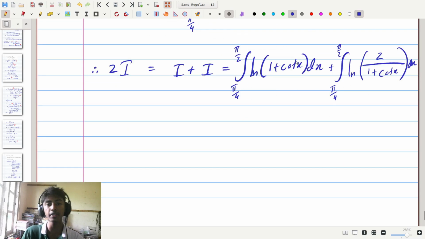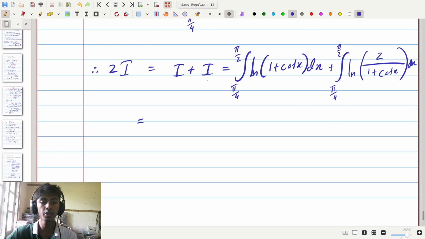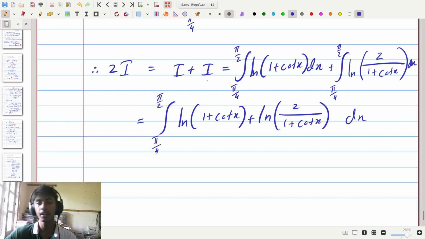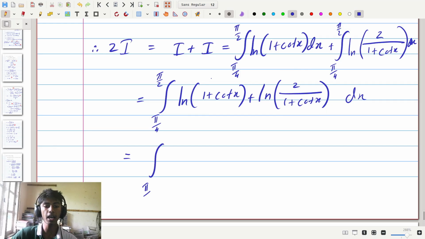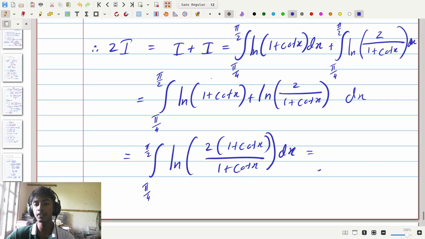And adding these two integrals, since they have the same limits, we can take them under the same integral sign and write this as being equal to the integral from pi by 4 to pi by 2 of the natural logarithm of 1 plus cot x plus the natural logarithm of 2 divided by 1 plus cot x integrated with respect to x. And finally, we can add these two logarithms using logarithm rules and write this as the integral from pi by 4 to pi by 2 of the natural logarithm of 2 times 1 plus cot x divided by 1 plus cot x integrated with respect to x, and we can cancel these two